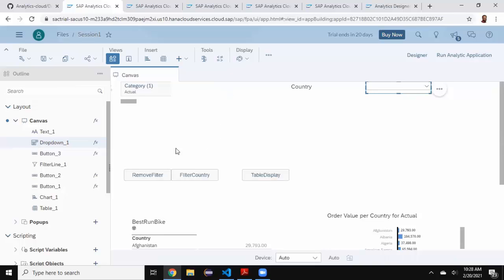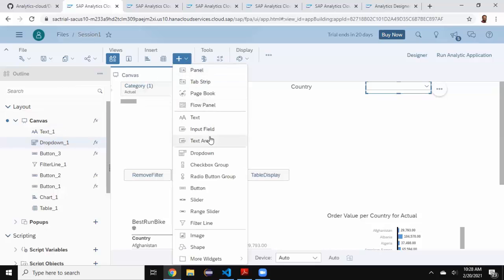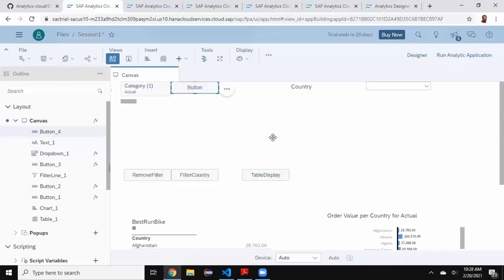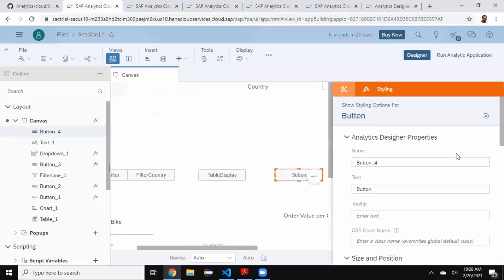So I'm going to insert another button, and then that button is going to have an on-click event to give a message to the user. So I'll say a button. It's going to come here, and then for this button I'm going to invoke the designer and give that name text as application